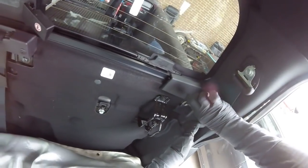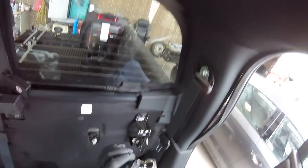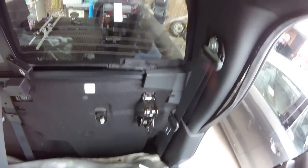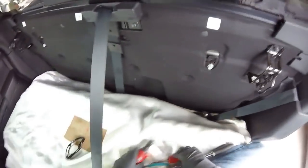Okay, so I'm going to start stripping the parts. Remember, it's not really difficult, the strip on these ones. Let me see if I can get my ratchets over here. So I'm going to just do the strip, and I've got to wait for this guy coming from the factory, the plant, and he's going to take a look when I pull the glass, because they're going to find out what's going on with this vehicle. Okay, get that one out. Let me get my